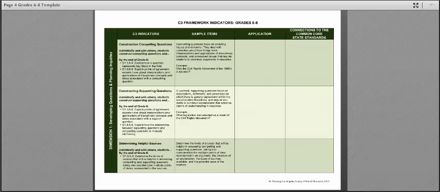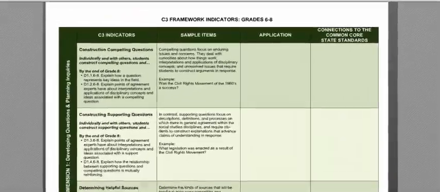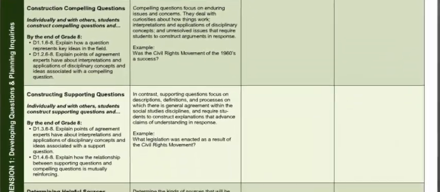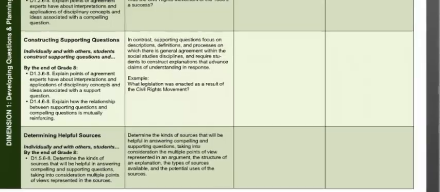Here's an opportunity for you and your colleagues to start thinking about what kinds of questions you're starting to come up with. So, for example, it might be a nice thing, in the application section, to just jot down a compelling question or two that you have, and maybe some notes about supporting questions that you might use to scaffold that compelling question.